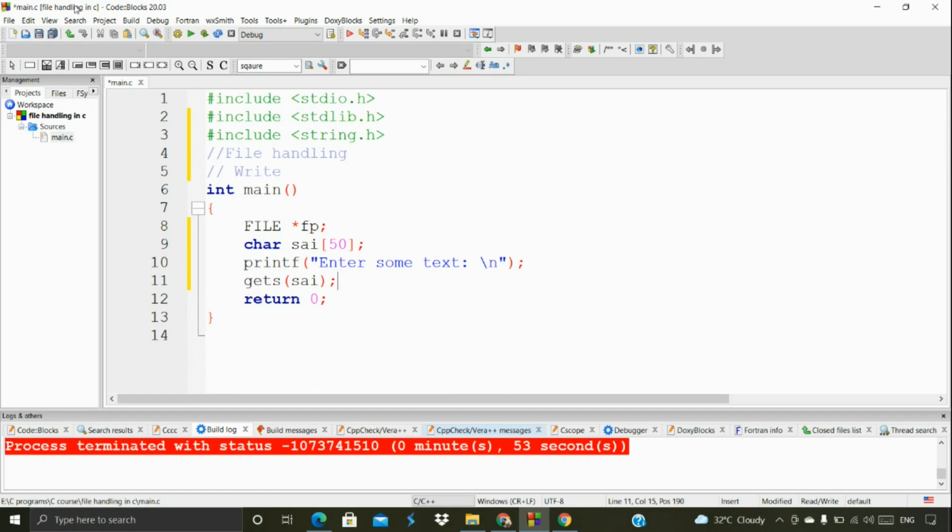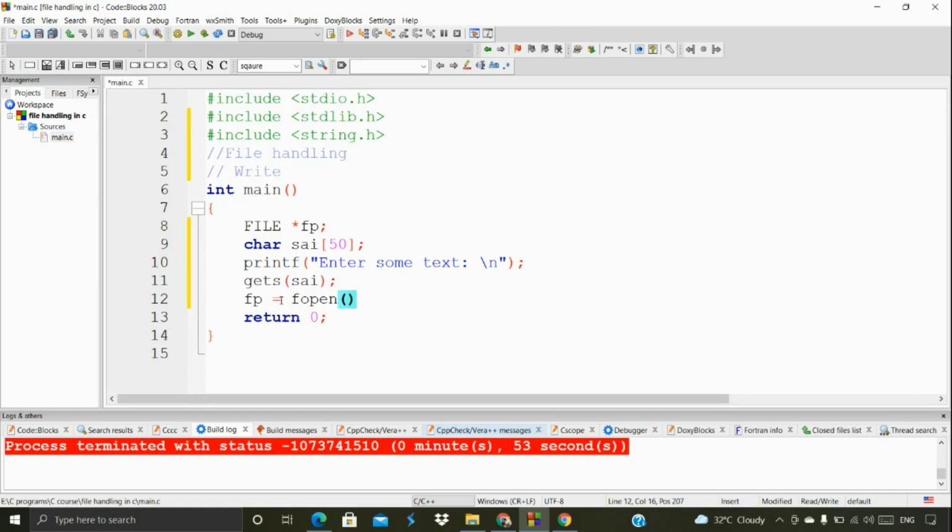And then now let's move to this file pointer that we're going to mention here. Once after this, we're going to use the function fopen. fopen is a function that we looked into on this website, in the file concepts. So we're going to mention fopen here, and then what we have to do is